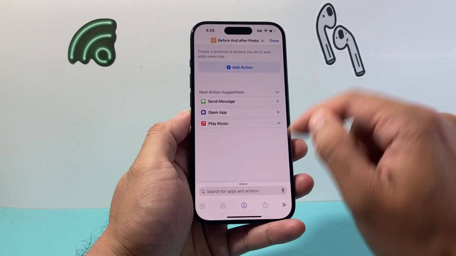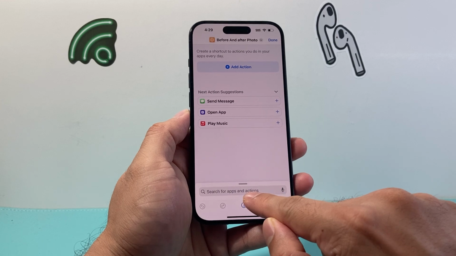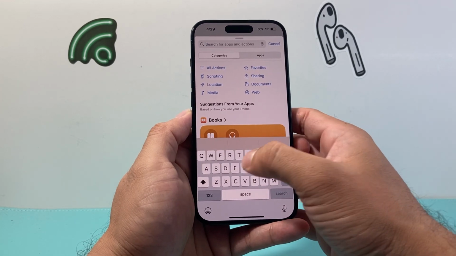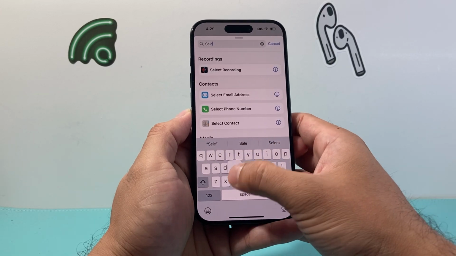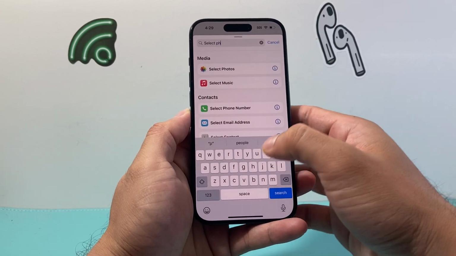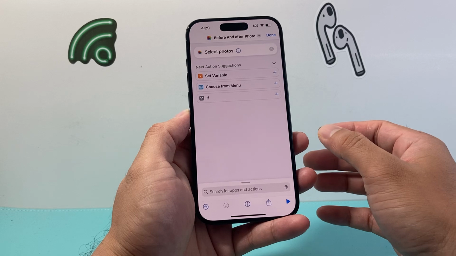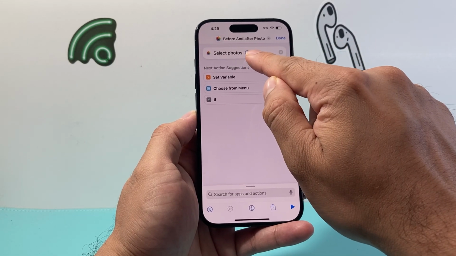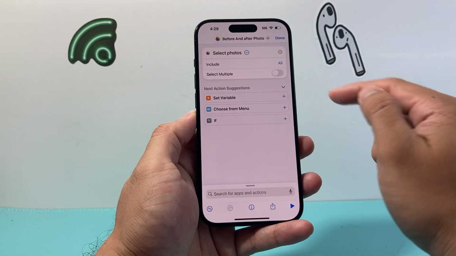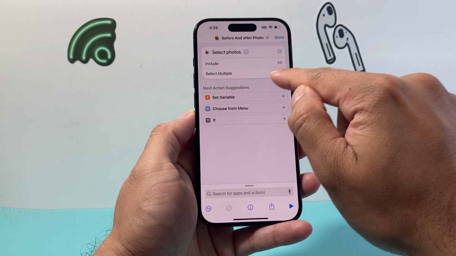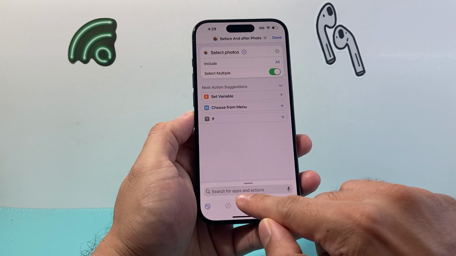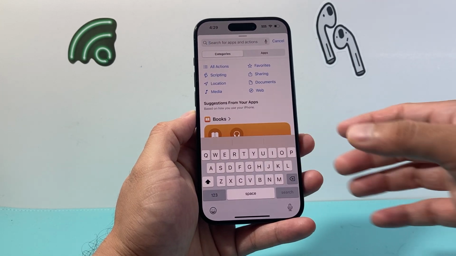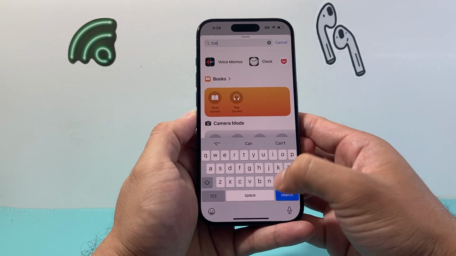From there on, we're going to go down here to search for apps and actions. We'll click on it. And the first thing we're going to search for is select photo. So select that option, and from there on we're going to click on that arrow pointing to the right here, and then we're going to make sure that we select multiple. Then we're going to search for another action, and this time we're going to search for combine